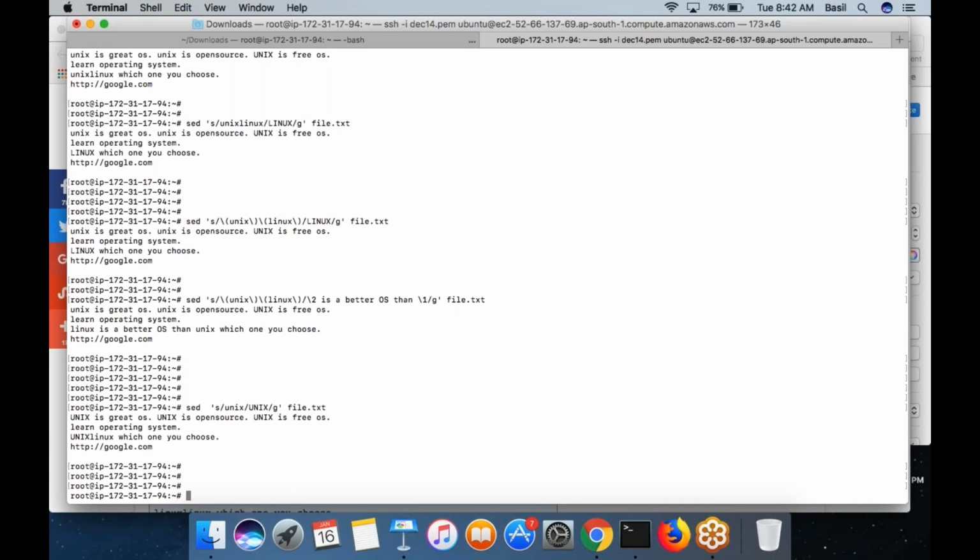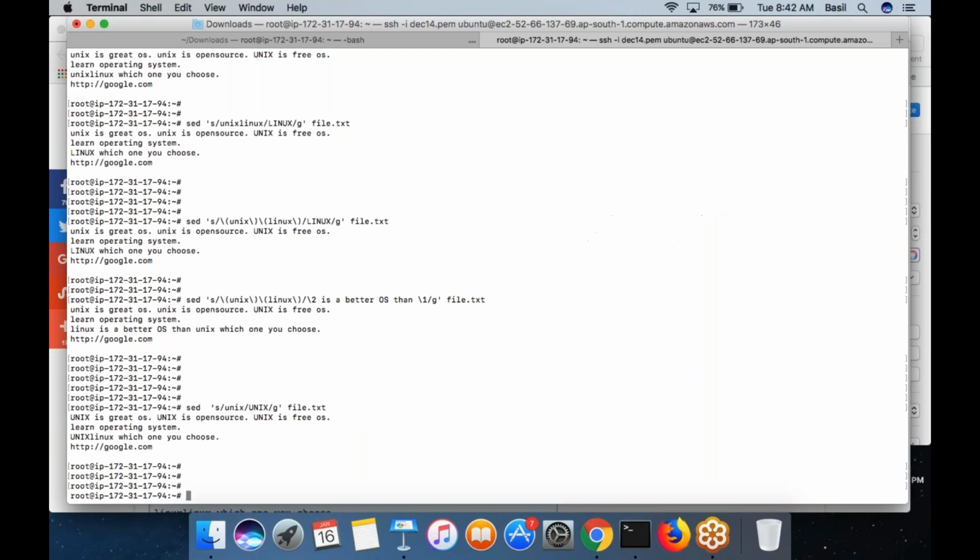You can see it happened everywhere. But as you know, Unix is not there in each line. In this line you have an entry, and in this line you have an entry. So there are only 2 lines matching out of many lines in the file.txt.